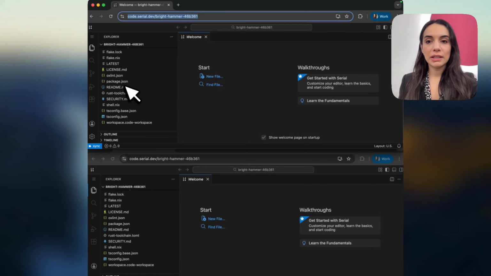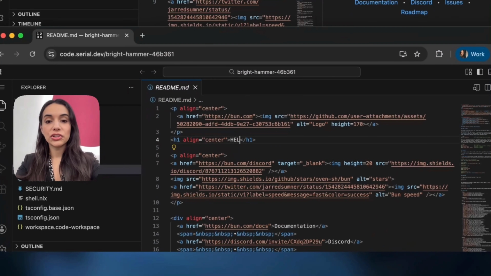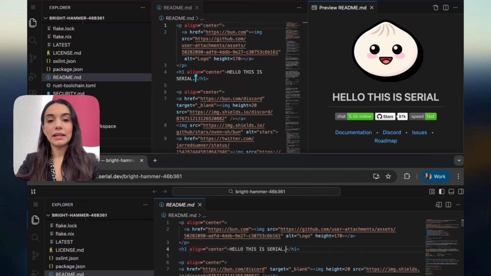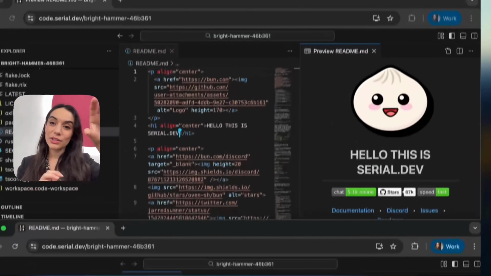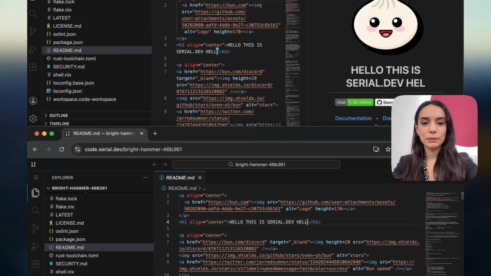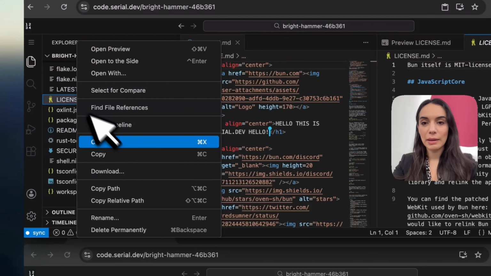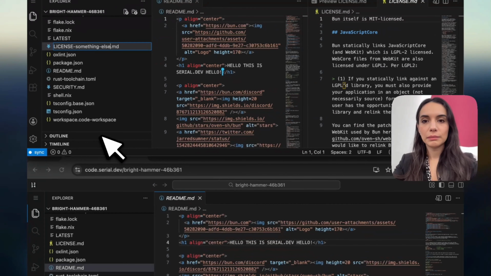So I can open readme.md, and then I can show you that if I make a change in the bottom editor, it is immediately reflected in the top editor. So I'm editing the editor in the bottom, changes reflected in the top. Hello. So if I rename this license.md file to something else, and you can see the other editor down below,